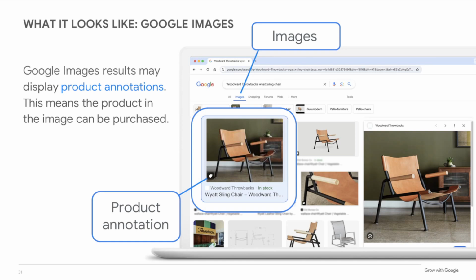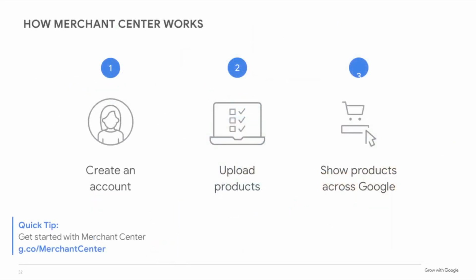And some people don't ever text in or say anything in search. They just take a picture and they search it. And if your image is not there, then they can't even consider you. And if they don't know you exist, how can they do business with you, right? So you have that ability to create an account and upload products. If you look at that bottom left-hand corner, that's how you get to Merchant Center, and you can showcase